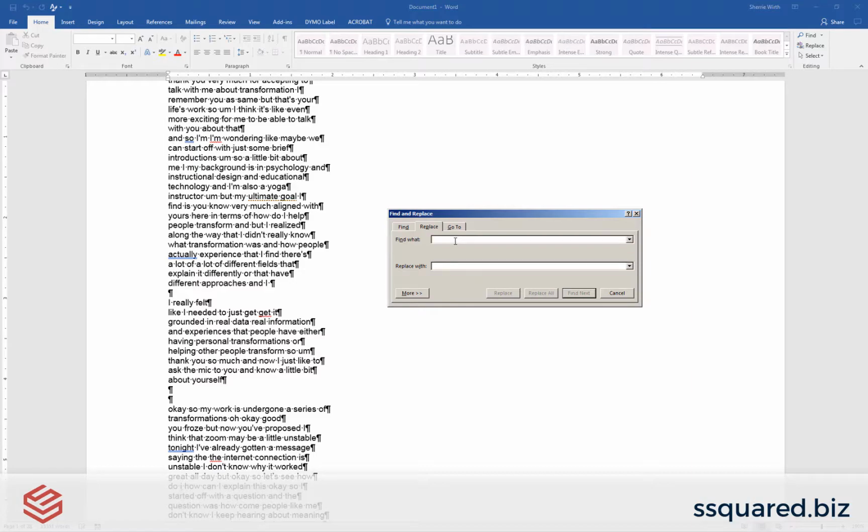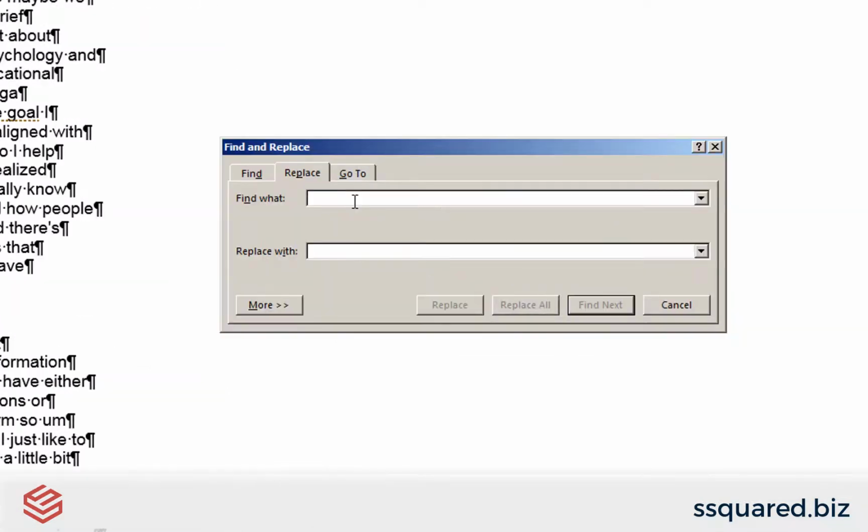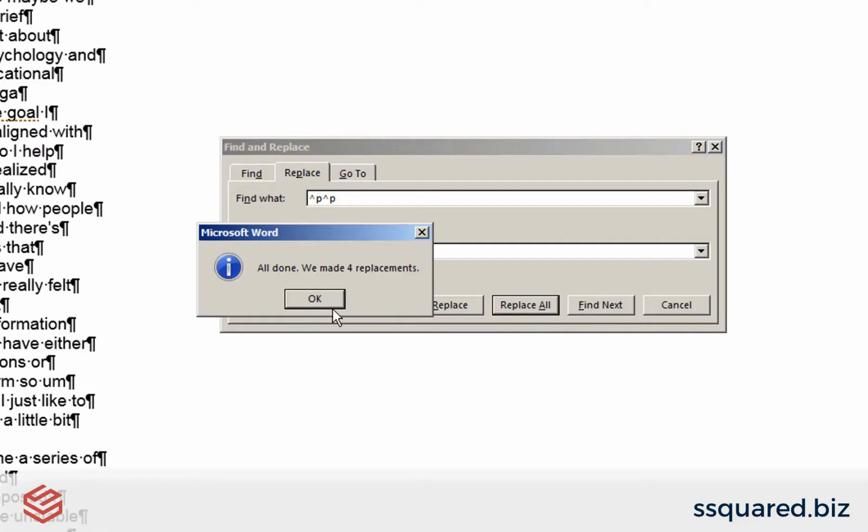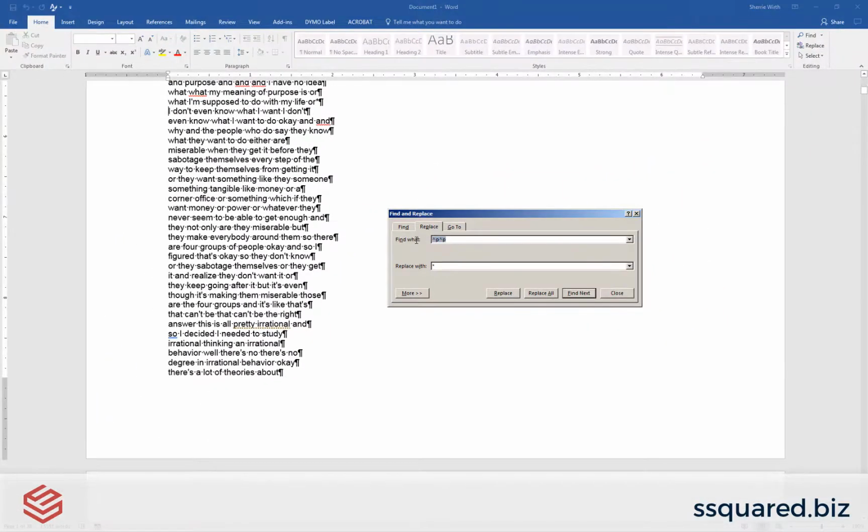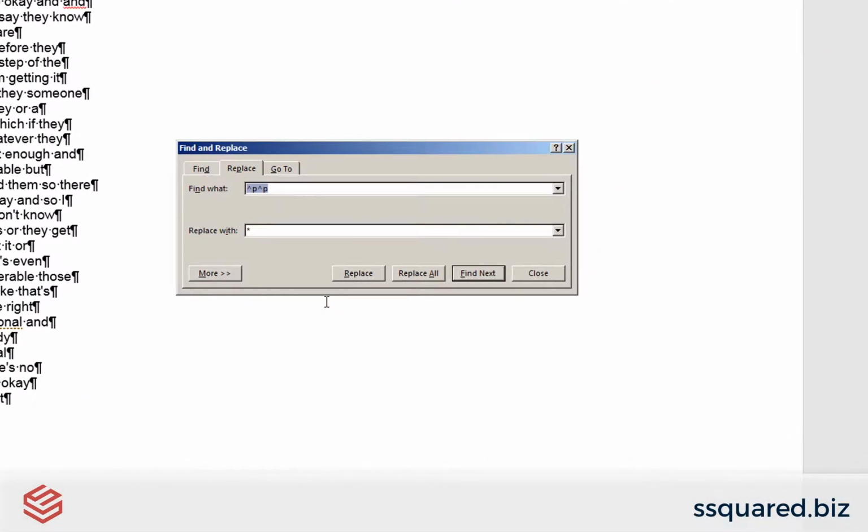The code for a paragraph in Word is the caret, which is above the 6, P for paragraph. So what I'll do is I'll find the double paragraphs, and I'm going to put in just a special character that I can come back in a second and replace. I'm just using an asterisk. So I'll replace all. Then what I want to do is I want to go in and replace just the single paragraph